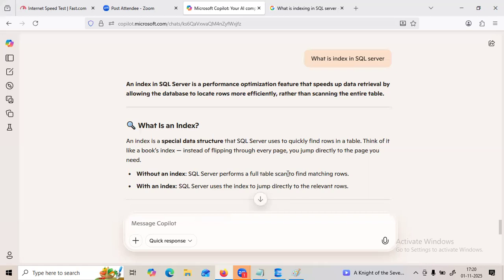The table full scan means it doesn't have any index. What will happen? It has to start reading the data from top to bottom, row by row, until our required data matches. Then only it will pull the data and provide it. If the data is not matching, what will happen? It will go row by row. So suppose I have 10 rows, and I want